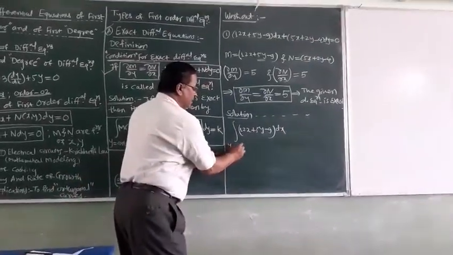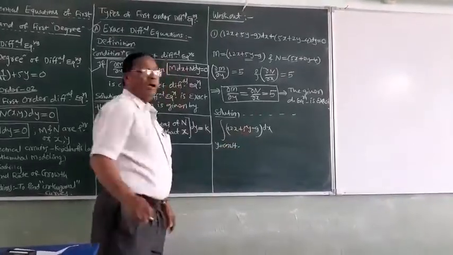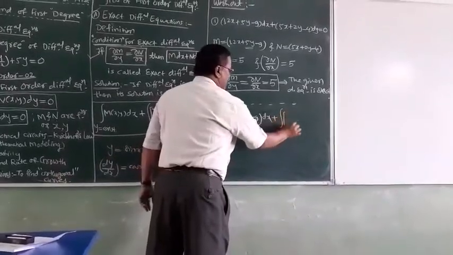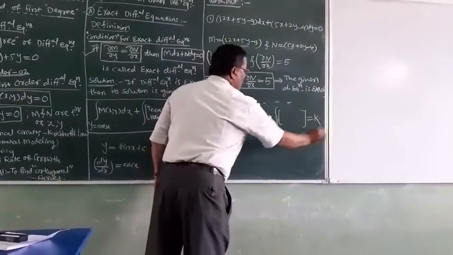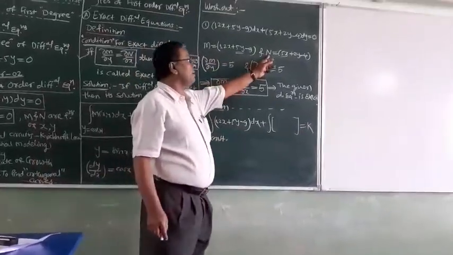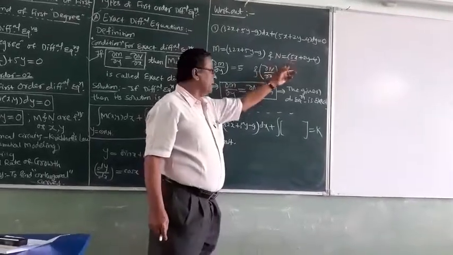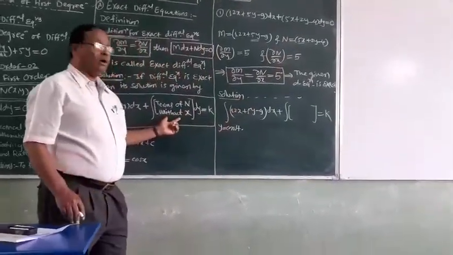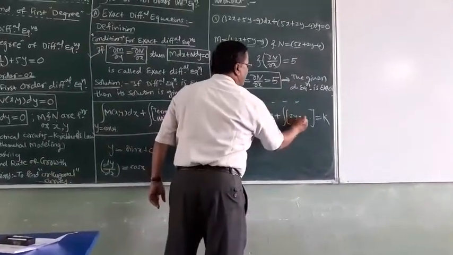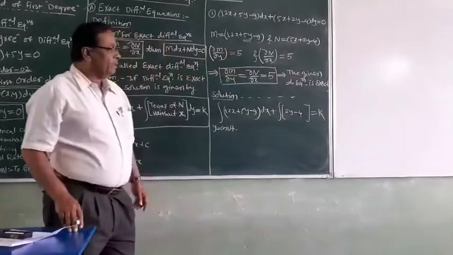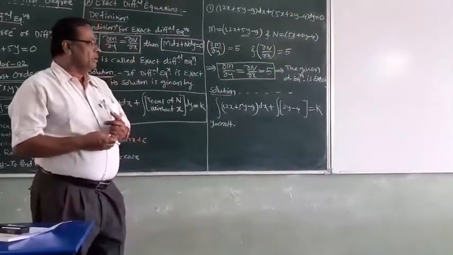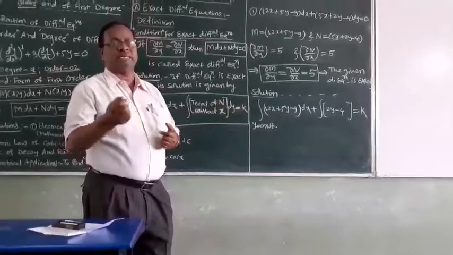Then, while integrating this, we have to treat y as constant, compulsorily. Plus, I will write only those terms of N which are free from x. So, if you observe this N, there is one term with x, and we are interested in the terms of N without x. So, only two terms are there. It is 2y - 4. And this sum is equated to a constant k according to the formula. Now, we will complete the solution in one step.